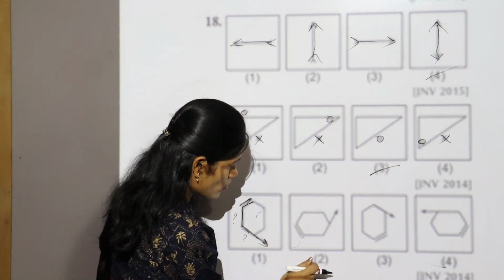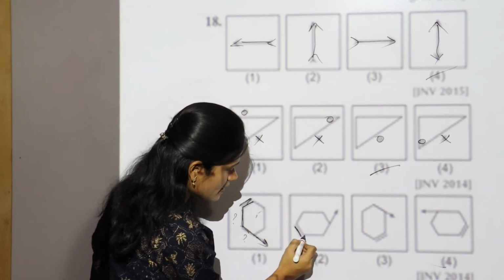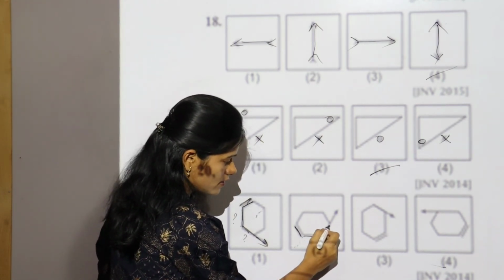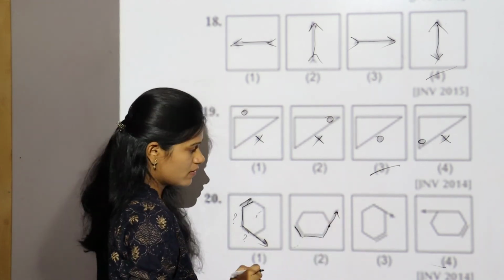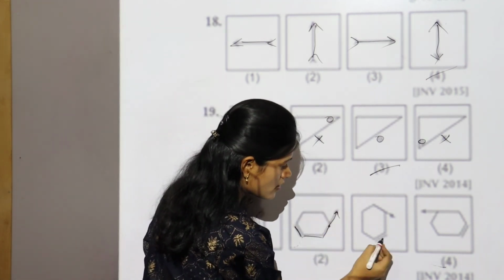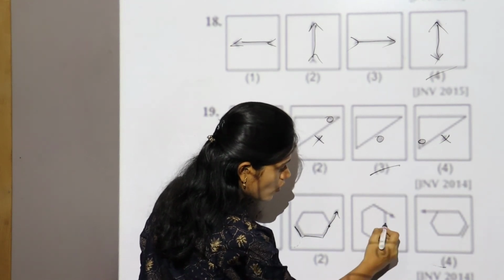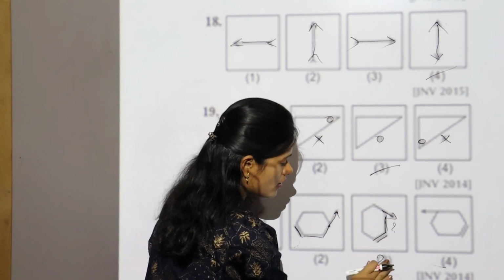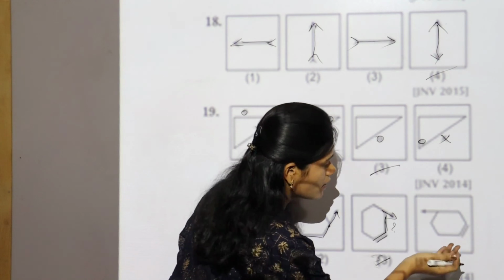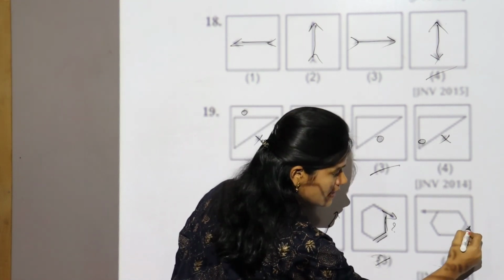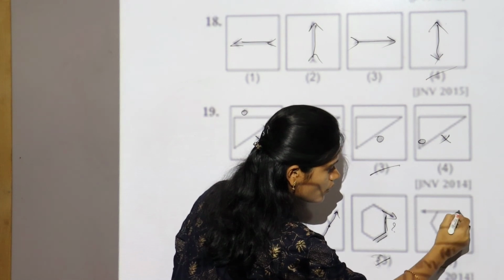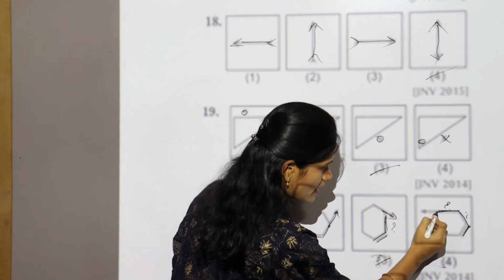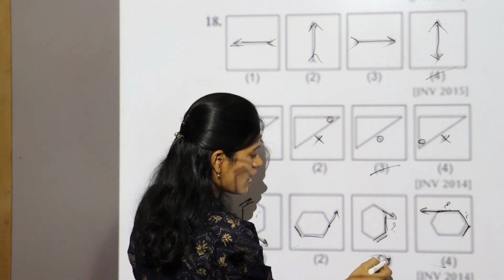Now let's check in the second box. See here, this line is here, this is empty, there is no design, here also empty. At the end of this side, there is an arrow mark. Now let's check in the third box. Here it has one line, only one side is empty and next is the arrow, which is different. So the answer is the third. Let's check the fourth also. See here, this side is here, this line is here. Two sides are empty, there is no design here. After the end of this side, there is an arrow mark. So the answer is the third one.